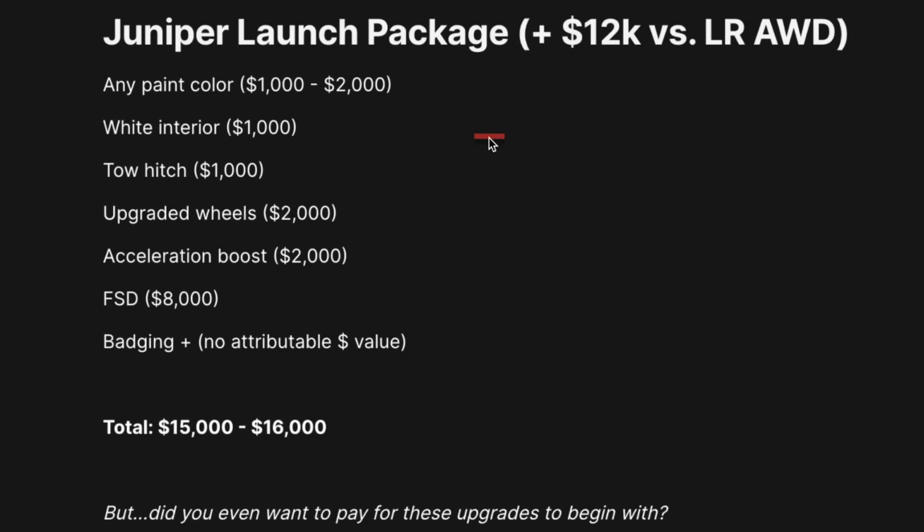Another way to put this, if you were to max spec an outgoing Model Y, it would actually be more expensive than the launch edition. So from that point of view, the launch edition would actually be a great deal, and no, the vehicle would not be more expensive. But in fairness, the reason this is causing so much confusion is because the question becomes,